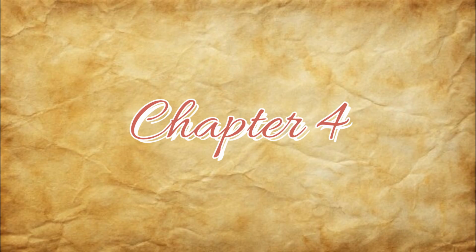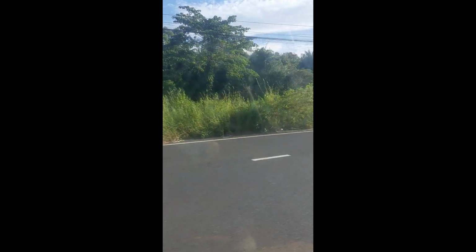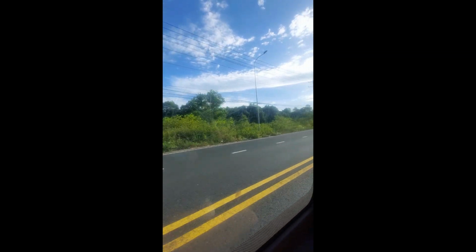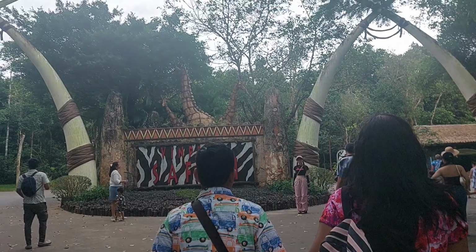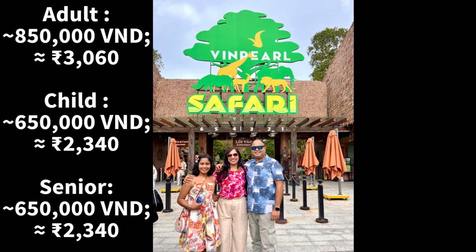Today we are in chapter 4 of our trip to Phu Quoc, which is Wind Safari, or the Vinpearl Safari. So now we are going to the Wind Safari from our hotel Sheraton. So this is the Vinpearl Safari entrance gate, and here